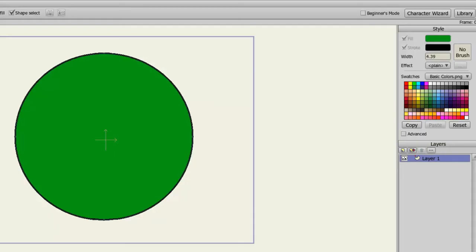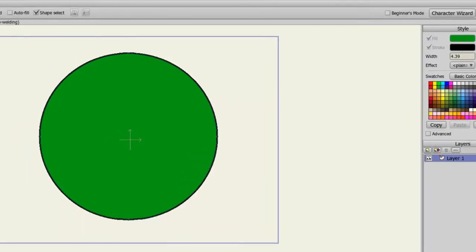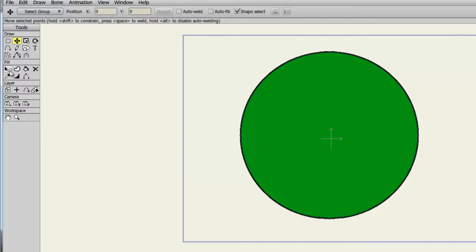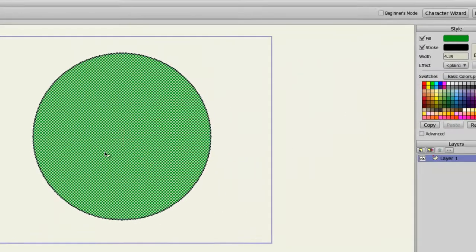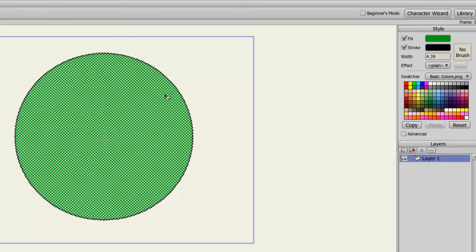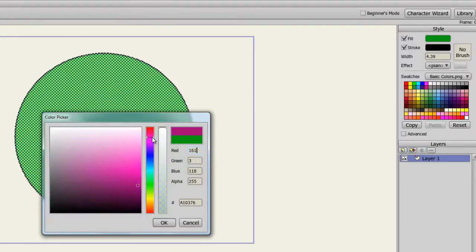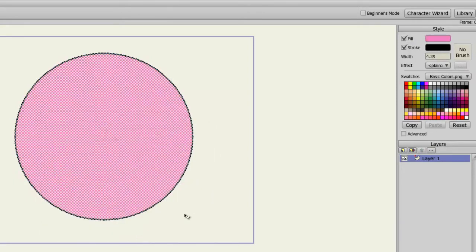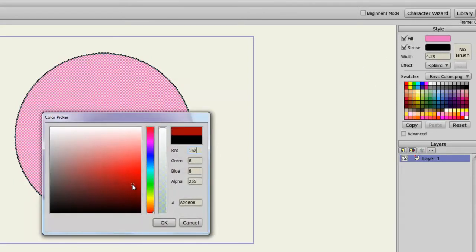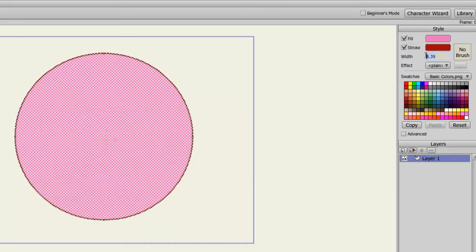The Style panel in Anime Studio Debut gives you a wide range of options that will directly affect the objects you draw on stage. First, you can affect the fill, stroke, and width of every object you draw. To demonstrate this, I will select the object I currently have on my screen with the Select Shape tool. Now, in the Style panel, I can alter the fill color, stroke color, and line width of this oval. So if I click on the green fill color, I'm able to choose from a variety of different colors, as well as a stroke color,